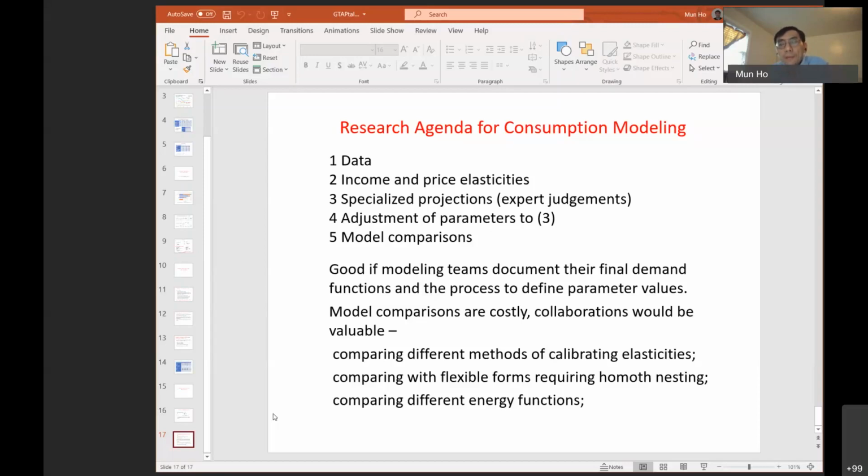And then we need to collect the different projections from the various expert groups, and then to do more model comparisons of more functional forms. This is hard work, but there's obviously a huge public good aspect to it. And we hope